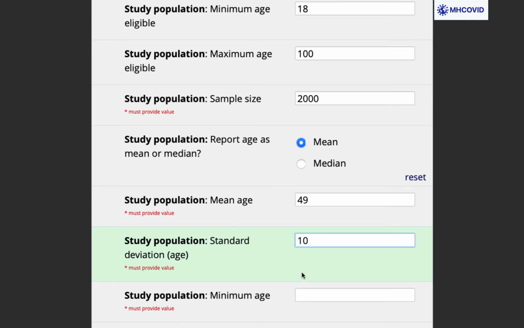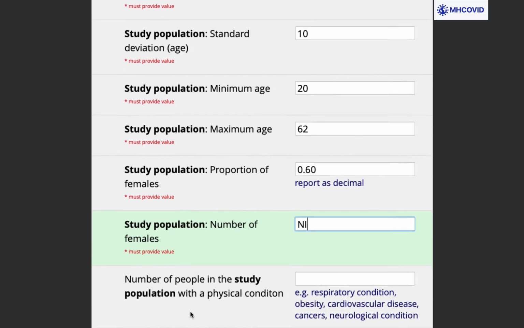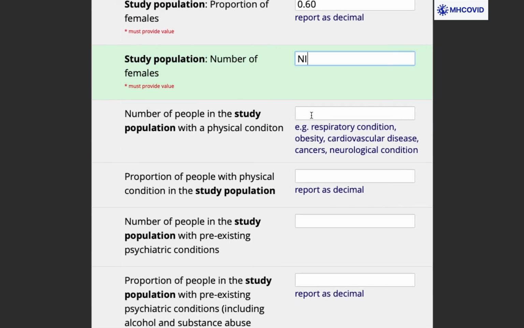For the mean age, you might need to do some small calculations if the distribution of participants in various age groups is presented in the paper. We have created a simple Excel sheet that shall help you with these calculations. After that, you need to enter the minimum and maximum age of the included sample if given. For the following characteristics, you need to report either the proportion or the number of participants, whatever is given in the paper. For example, enter the proportion of female participants if given, and for the number of female participants, enter NI. Similarly, for people with physical or psychiatric conditions and SARS-CoV-2 cases, enter either the number or the ratio, whatever